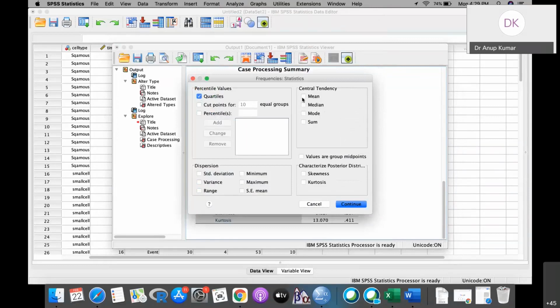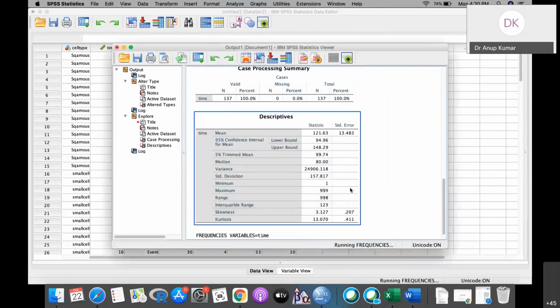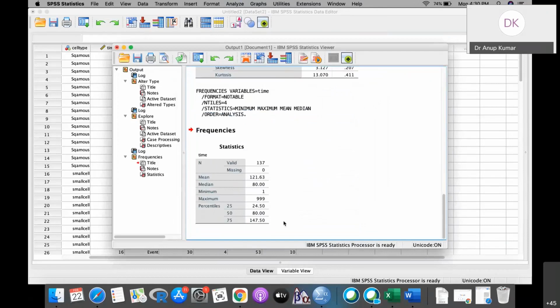We need the quartiles, mean, median, minimum, maximum. Then continue, and I don't want the frequency table, and here I will put time, and then click OK. The first quartile is 24, the second quartile is 80, and the third quartile is 147.